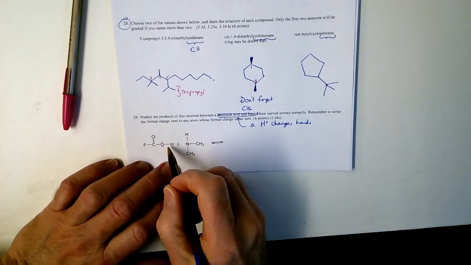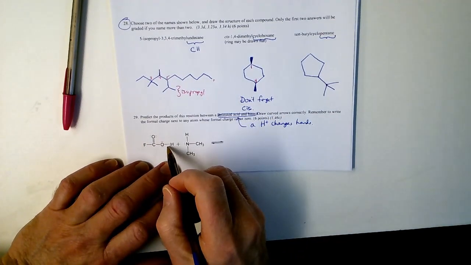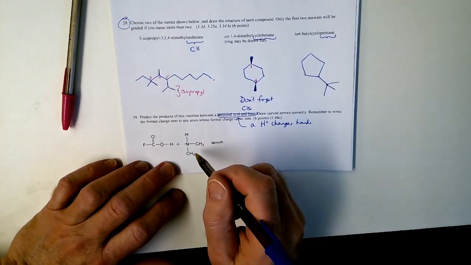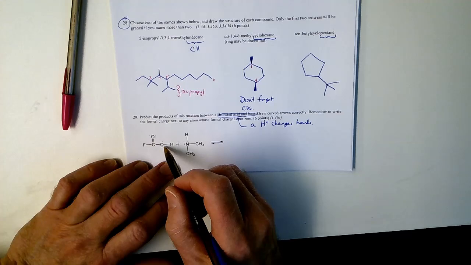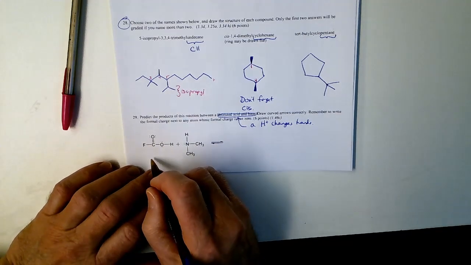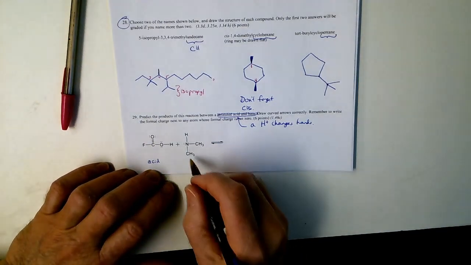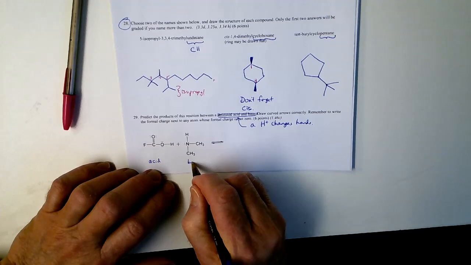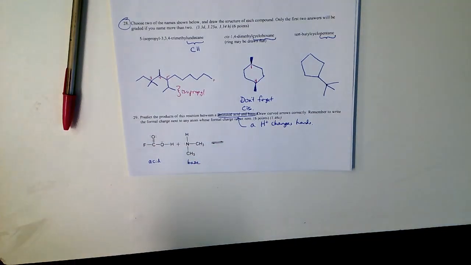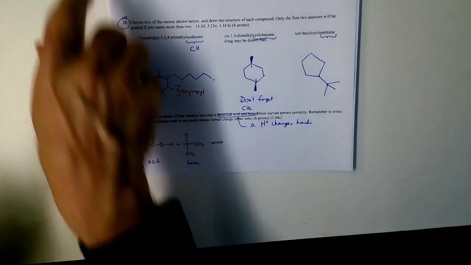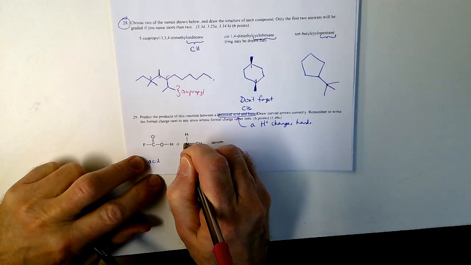All right, this one right here, the first reactant has only one hydrogen in the whole molecule, and it looks like it's on an atom, oxygen, that's more electronegative than nitrogen. So this one you can kind of tag as the character it is. First one's the acid, and the second one's the base, which means that you can expect the acid to lose its proton and the base to gain the proton. All right, so here's what you do.